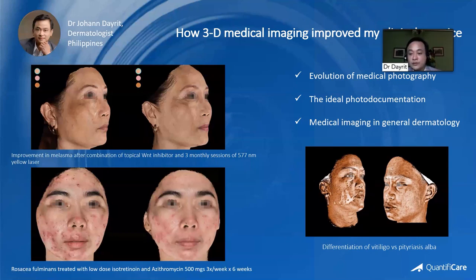Yeah, photo documentation has always been a part of my dermatology consultation. And I'm amazed how it evolved from the early 2000s when I was still a dermatology resident. At the time, I was using SLRs and DSLRs until I used a Micro Four Thirds camera with a proper setup. But it was 2 years ago that my photo documentation was revolutionized with QuantifiCare. And the most important element in my medical photography is standardization, and it has really revolutionized because there is usually the same perspective,